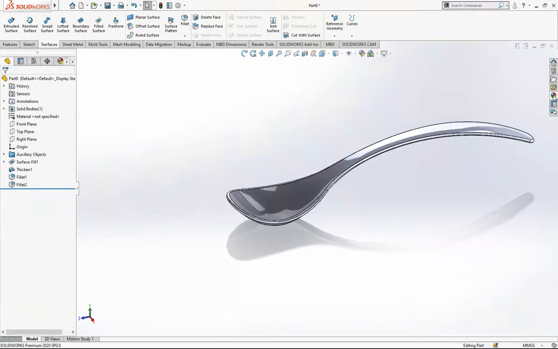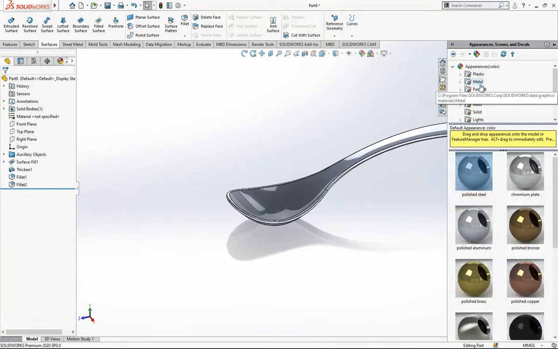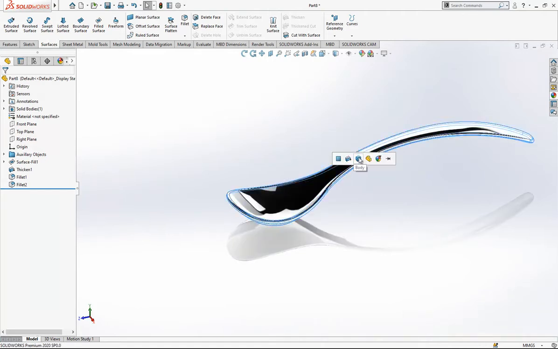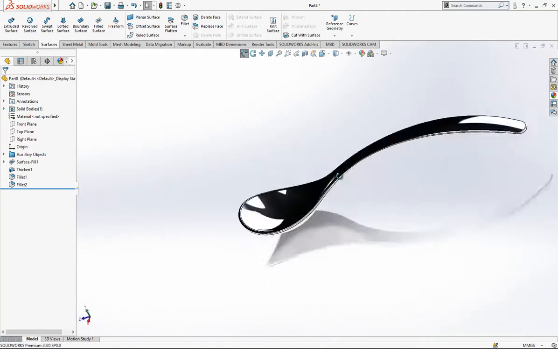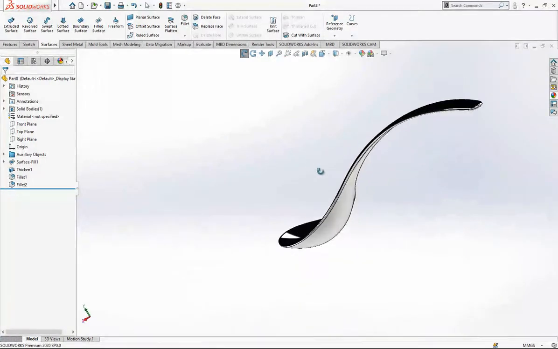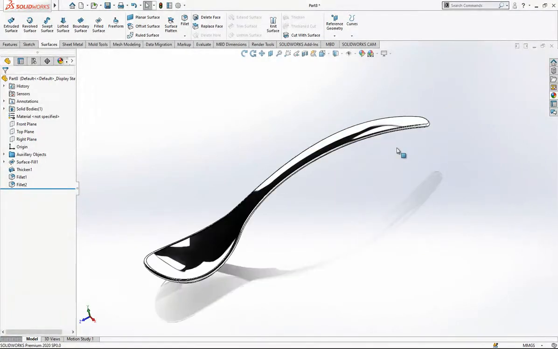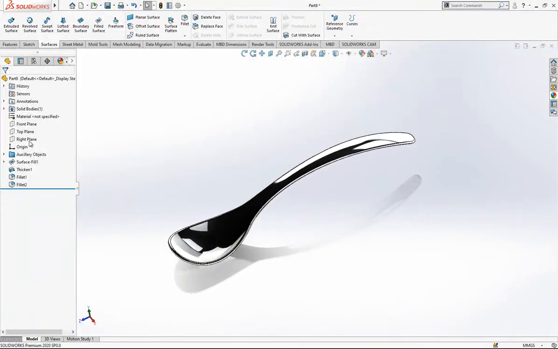Let's give some colors from appearances, metal, and you can say chromium plate, and then we have got a really shiny, nice spoon. It was a nice surface example, I believe, with a lot of auxiliary objects like planes and